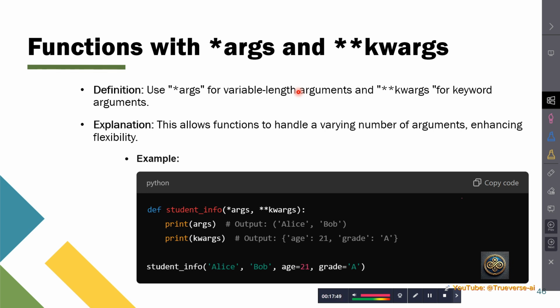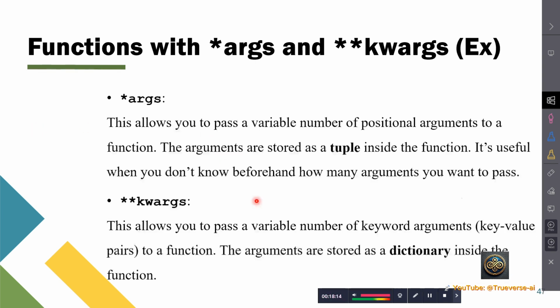Regarding the question here, which combination of the arguments is which? This is the variable length argument, and this is the keyword argument. So let's